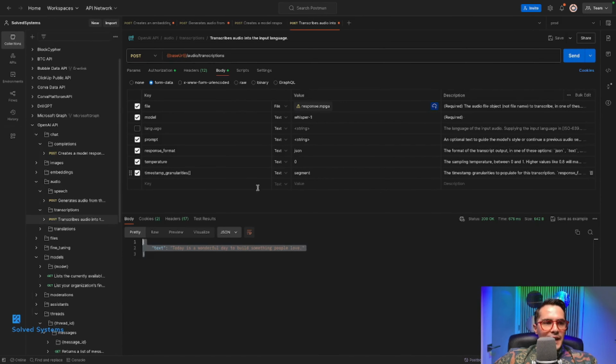So we get that back in text, which is super interesting because you could think about how we could start using this. You could use it in a lot of different ways, right, in an application. And so hopefully this helps. If for nothing else, you maybe think of that.